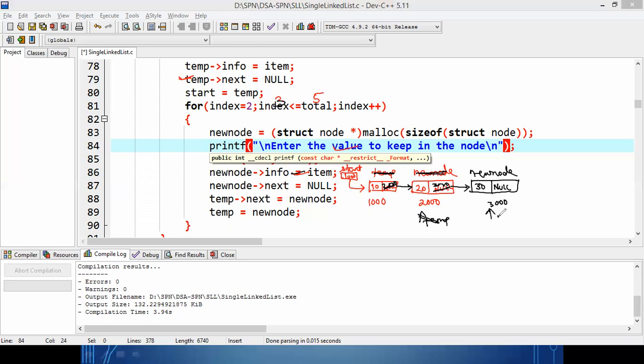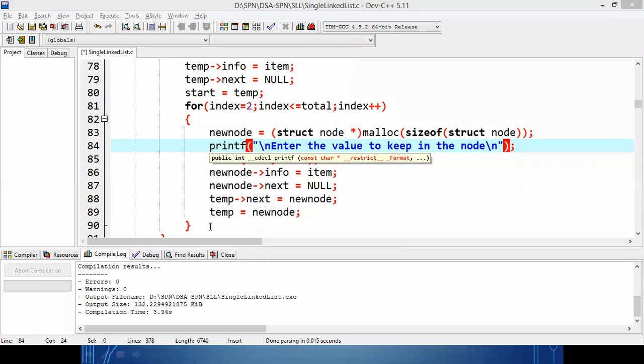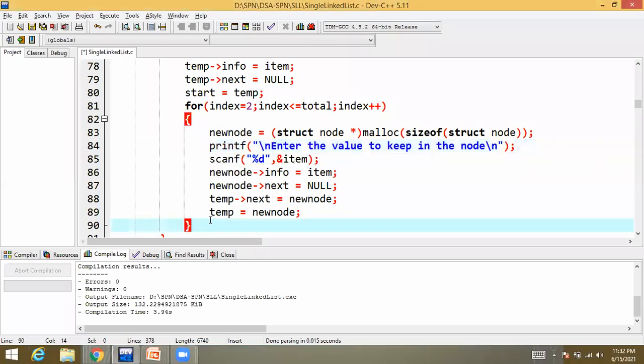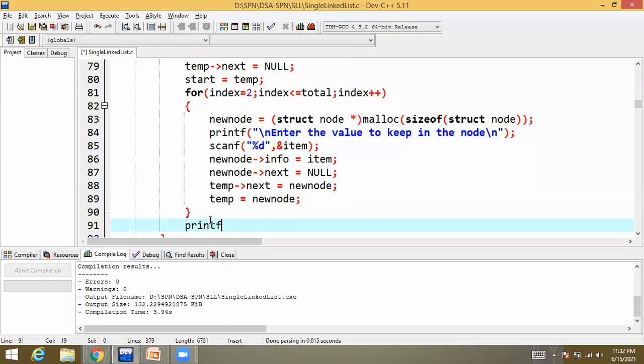Now temp will move to the new node. In this way, I'll create 5 nodes and connect every node with the previous node, and my list will be created. Once the for loop is over, I can give a confirmation message that the list is created.